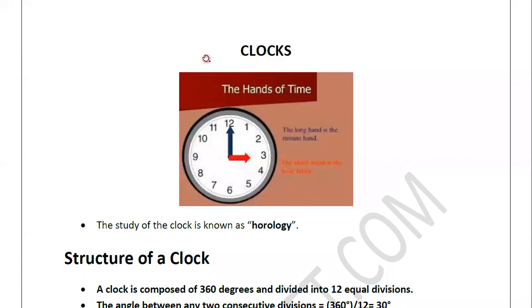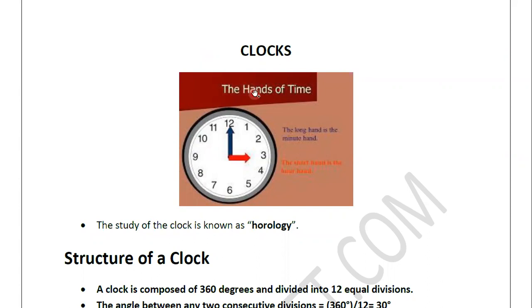Hello everyone. Today we'll start with clocks, and this will be the first chapter of our logical reasoning series. This chapter is very important as far as your TISNET exam is concerned, because every year we can find one or two questions from this chapter, with the exception of, I think, TISNET 2020, when they did not ask any question from this topic. So the chances of getting some questions in TISNET 2021 increase.